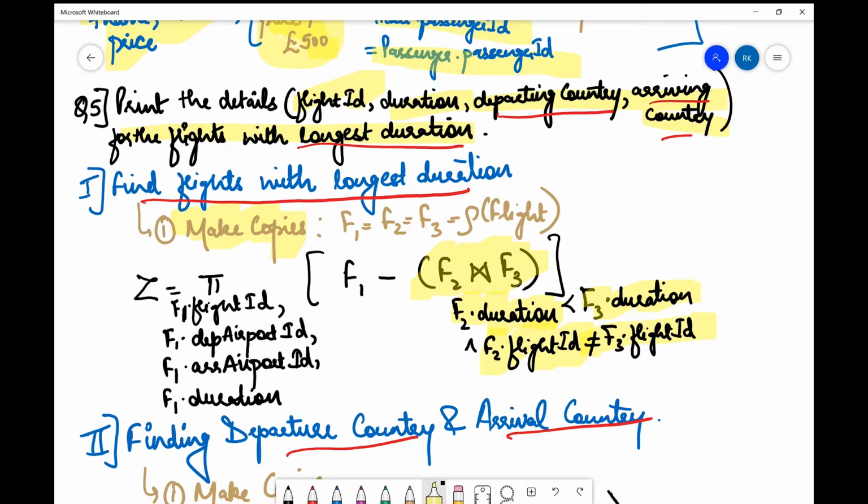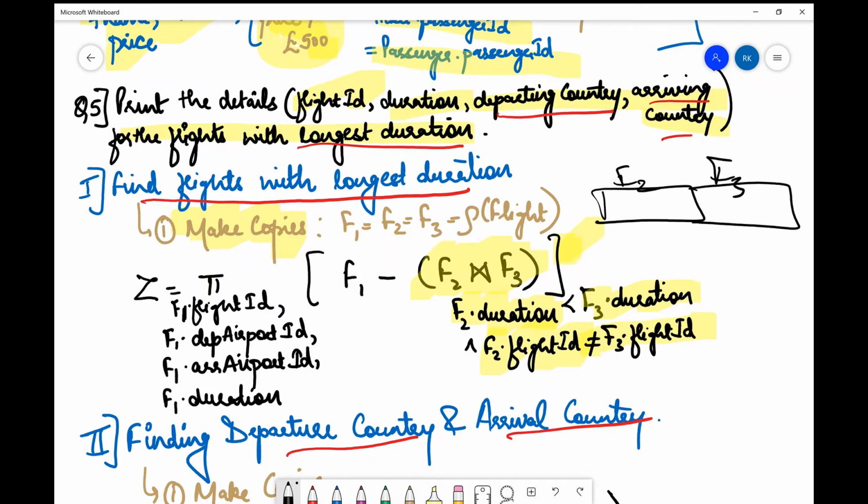So basically this is going to comprise all those flights which have their duration less than some other flight. Then what kind of tuples or rows are there going to be? They're going to be these kind of rows, where this is F2 information, this is F3 information.